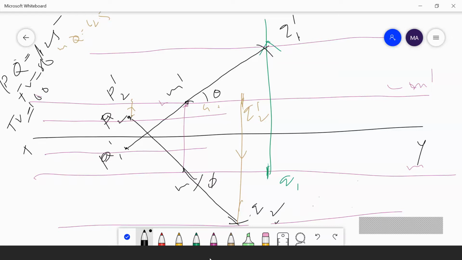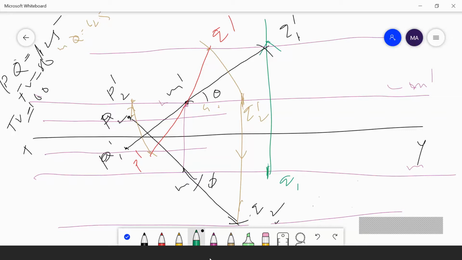I have taken this point as P2 dash. Then I am drawing the arc here. M dash Q1 dash as a radius, I will draw the arc here. M dash P2 dash as a radius, I will draw an arc here. Here I will get a point, here I will get a point, Q dash, P dash. I will join both of them. Understand? In the similar manner, here also I am measuring MQ1.